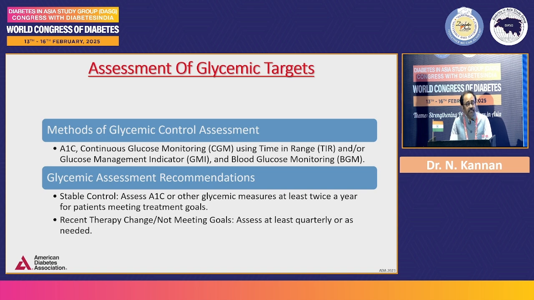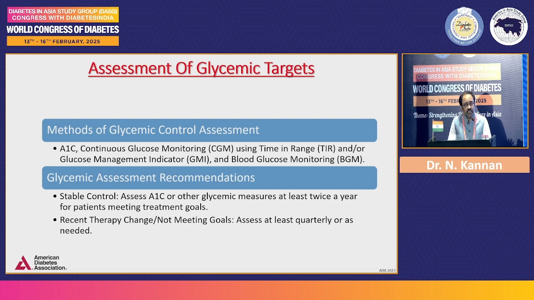For assessing glycemia, traditionally we have been using HbA1c, and SMBG is the gold standard, but we are in the era of digital health. We are using therapeutic technology and digital tools in our clinical practice. We are implementing AI in our clinical practice, integrating AI with SMBG so that we can do more and more, and we are implementing CGM in our clinical practice.